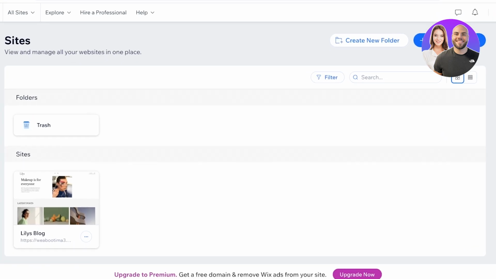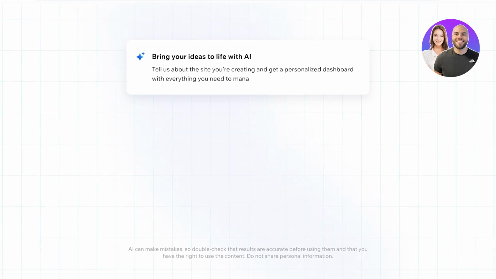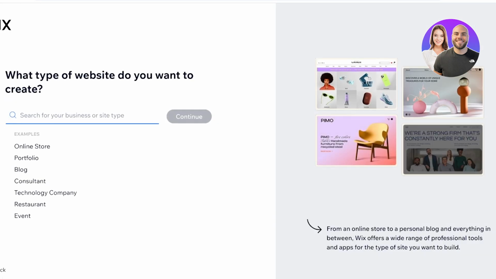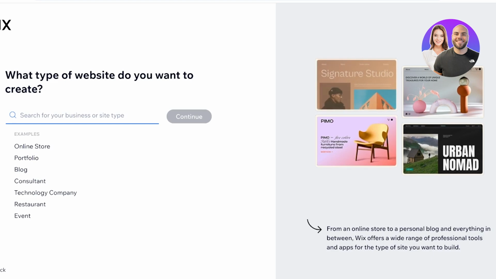In today's video, I'll be showing you guys how you can create a portfolio website using Wix. So let's get started. To get started, click on create new site, and once you click on create new site, you have a couple of different options on Wix. So you can either start the chat with the AI or set up without chat, and I'm going to set up without chat, and I have created my free Wix account so you can sign up with your email address,